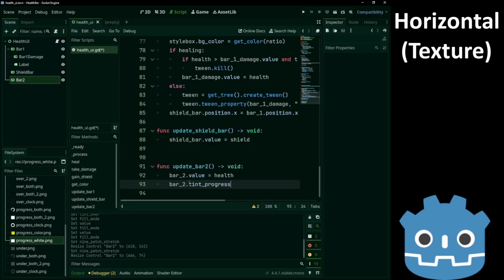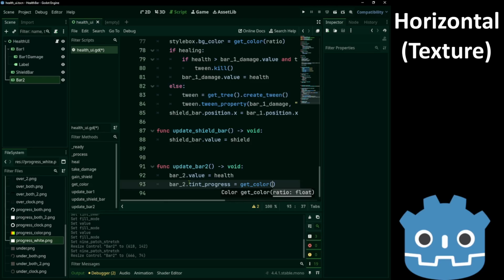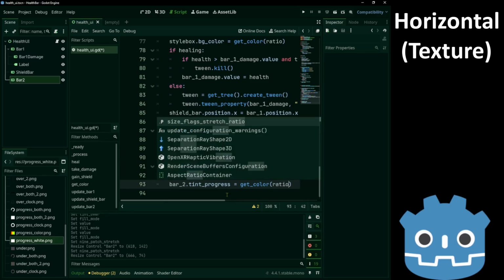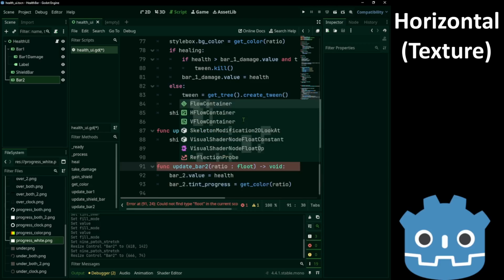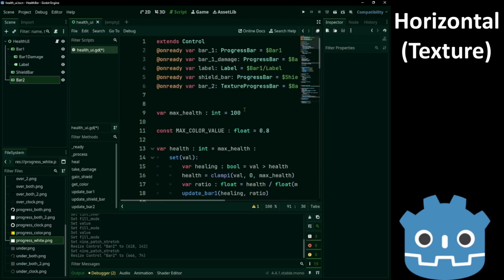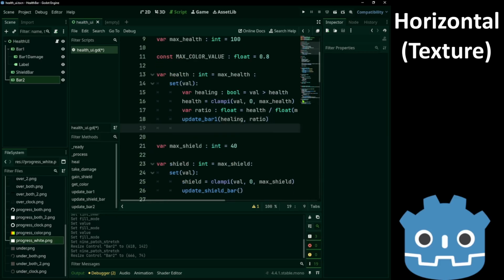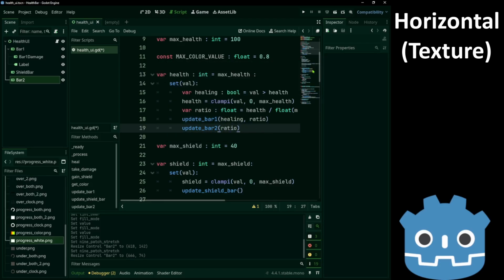Tint progress. And get color ratio. Call this.